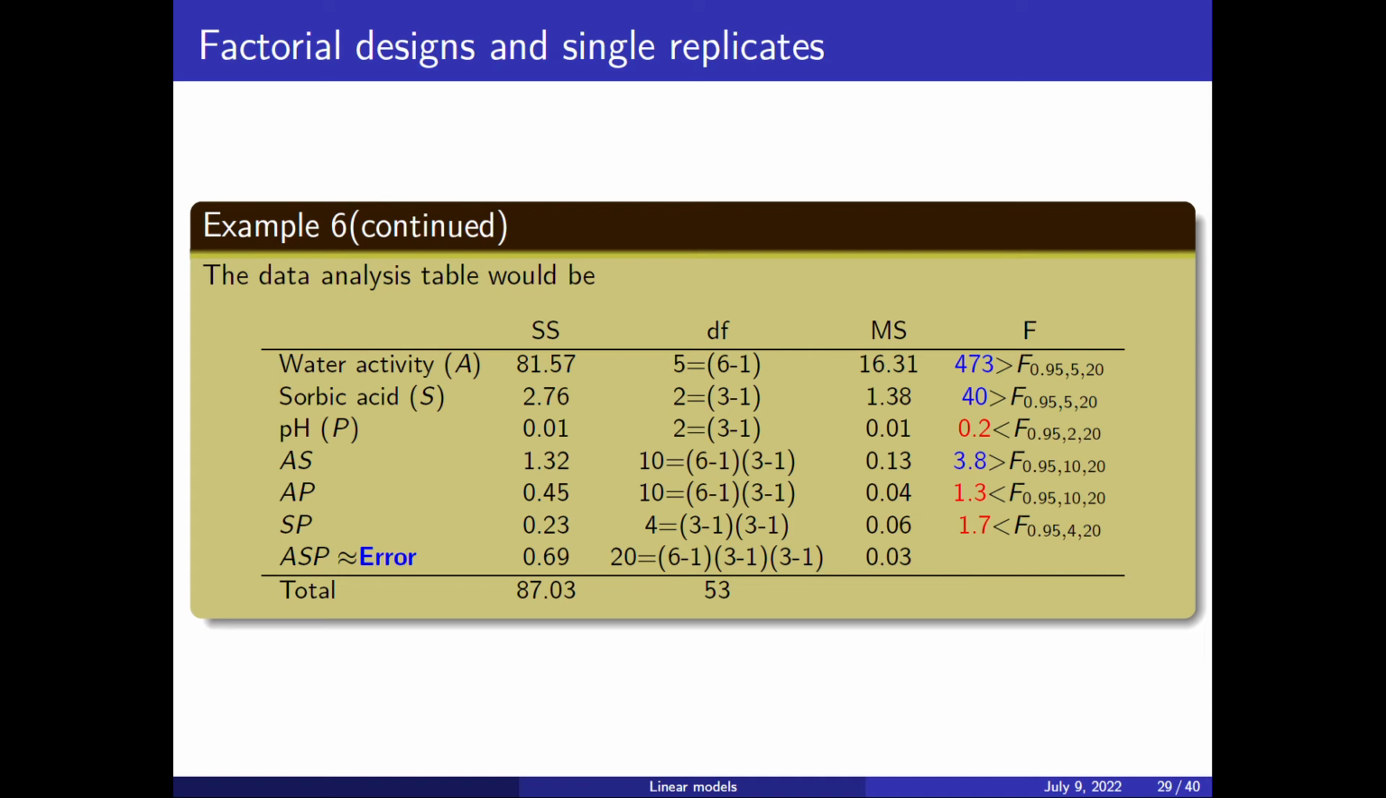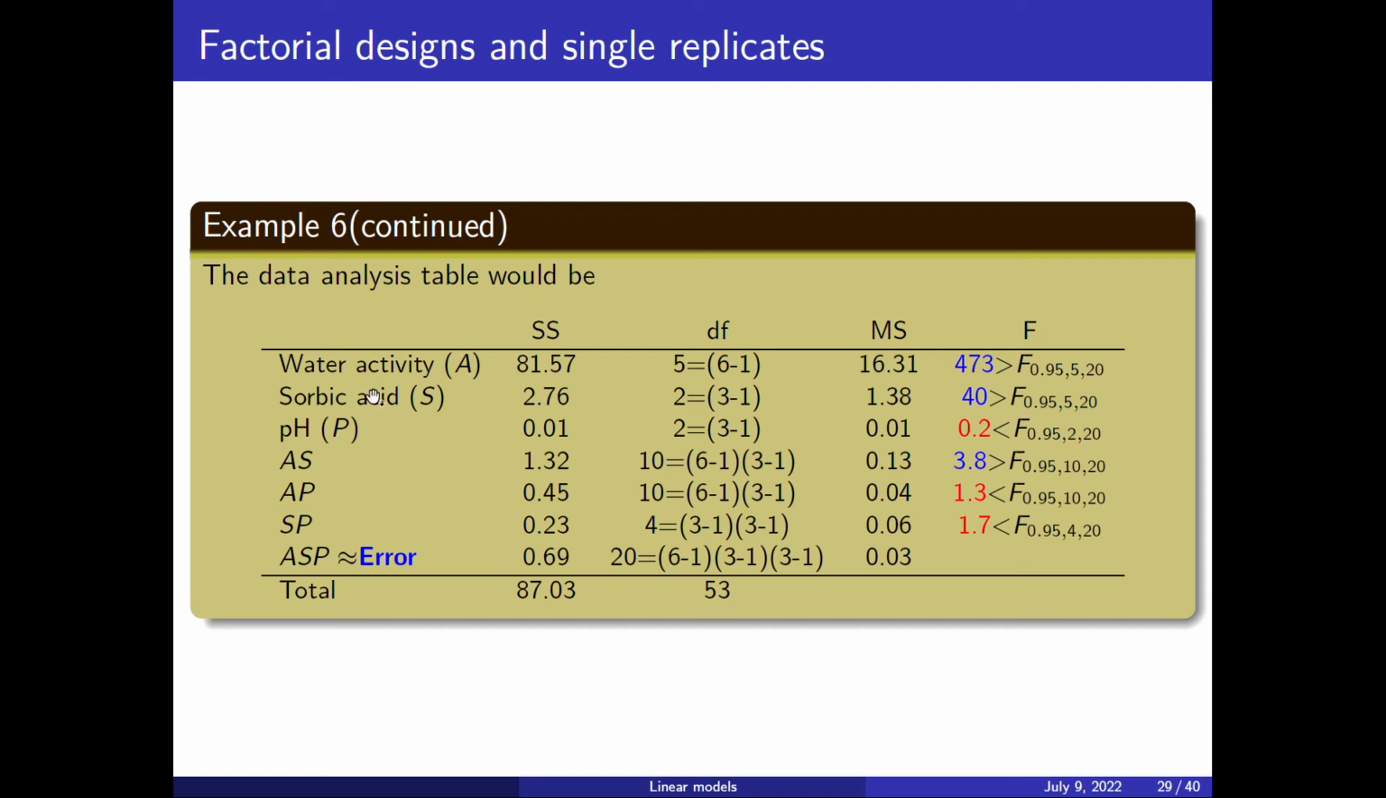So I can afford not to explain them. If I don't explain them, they will go for the residuals. If I don't have to estimate these 20 parameters for the third order interactions, all these 20 degrees of freedom go for the residuals. And now remember this resource equation. I have 20 degrees of freedom for the residuals,